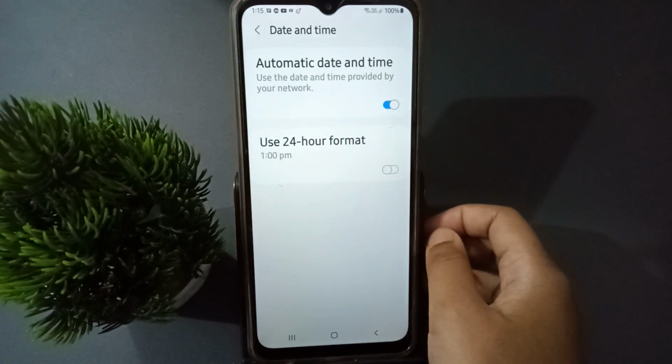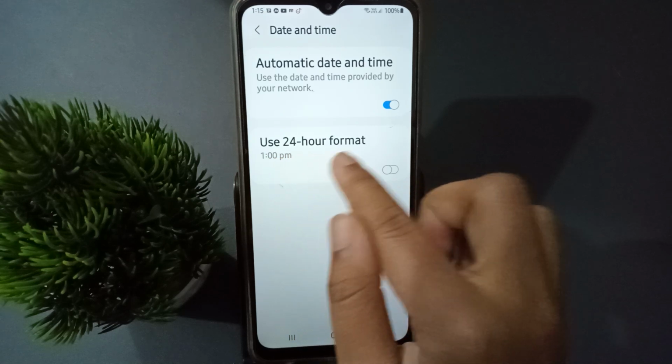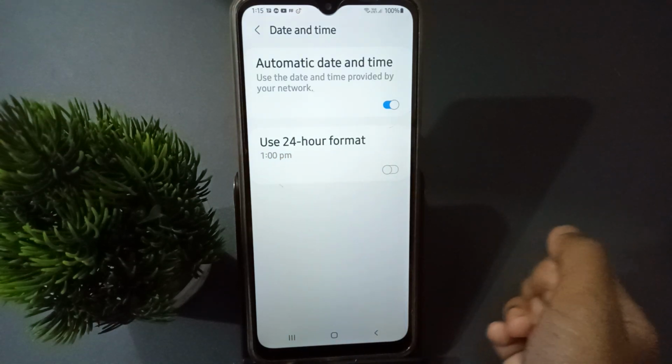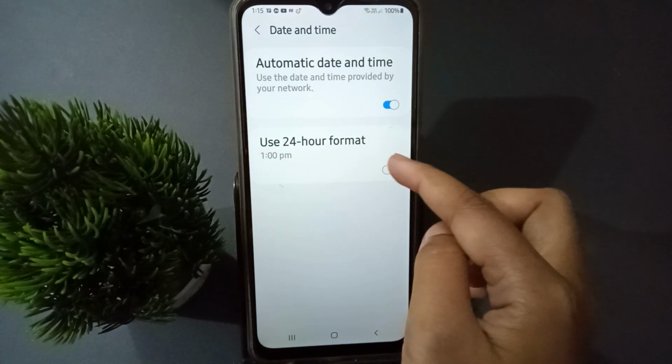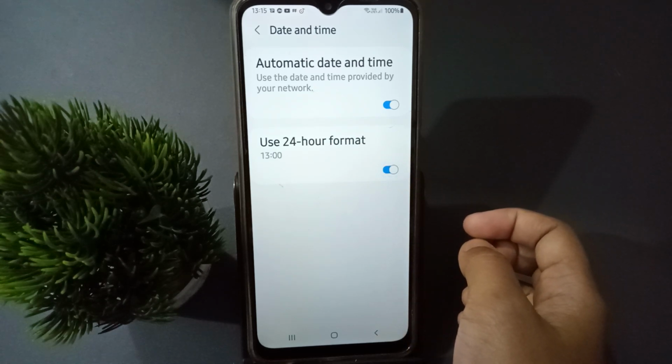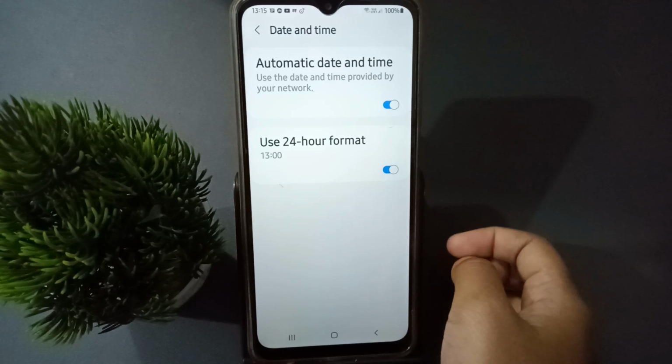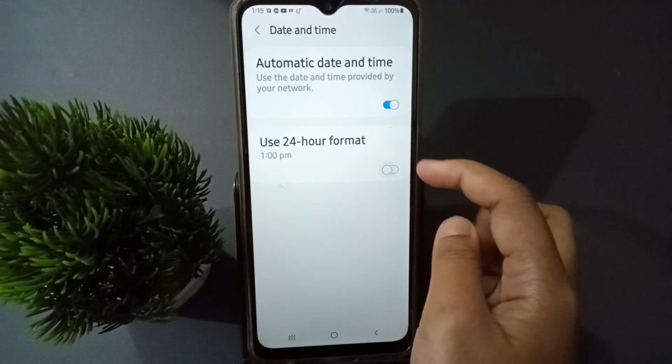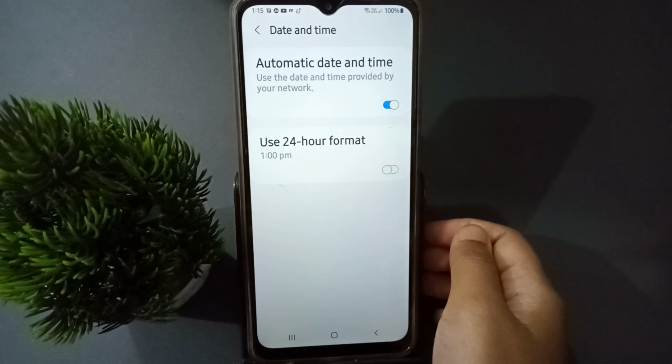After you click on it, you are going to find this Use 24-hour format. If you want to use this 24-hour format, you just need to click on this icon like this. Here the 24-hour format will be activated. Okay, and if you want to turn off this 24-hour format, you just click on this icon again. Here the 24-hour format will be off. Okay,